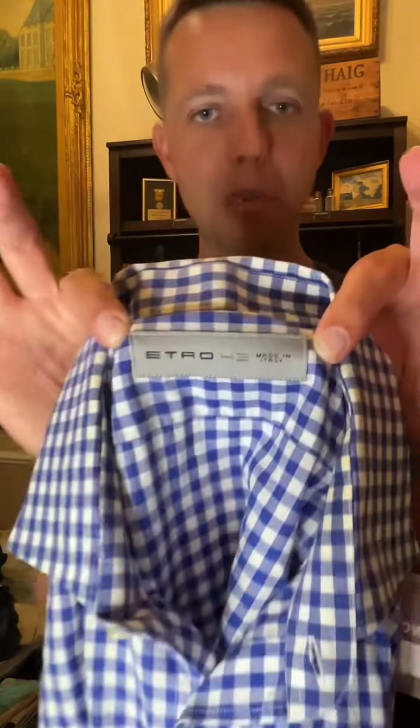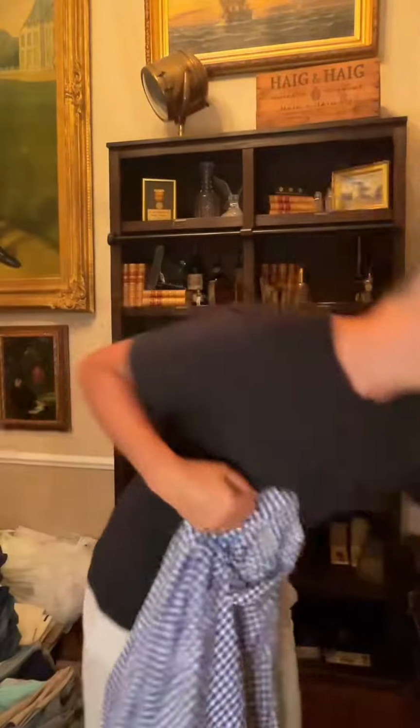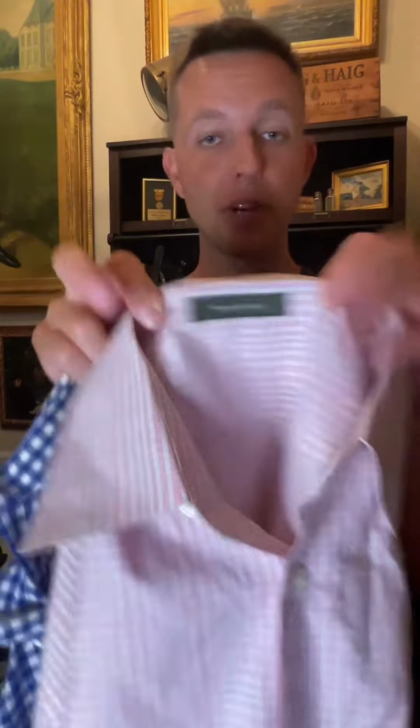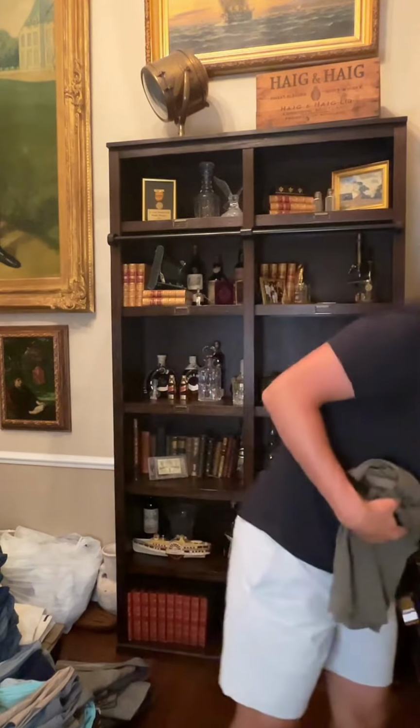Etro. This is a good brand to be on the lookout for, especially if it's in a gingham check. Just a good dress shirt. This was with a whole bunch of Zegnas. So if you find Zegnas and then some other shirts around them that you don't know, look them up. It's just common. You'll see really good brands all together with something like this. Look them up because more than likely it's a good shirt too, and it might be a new brand to you. So in the future, look out for them. So I'm going to show you